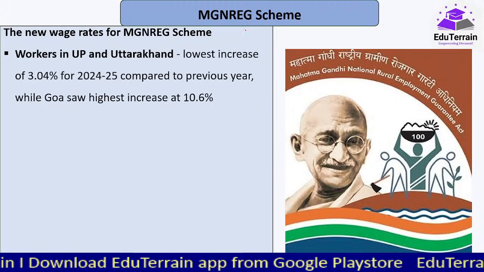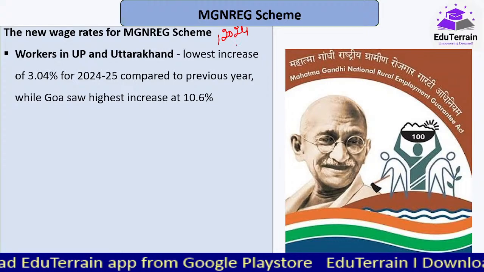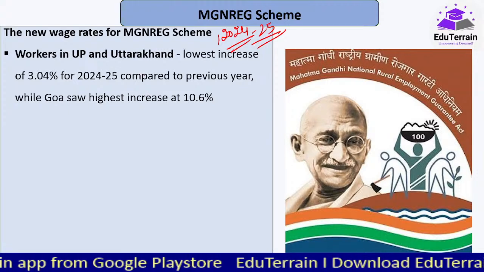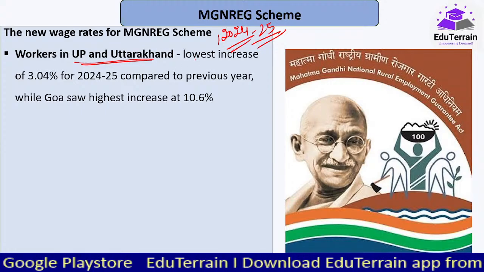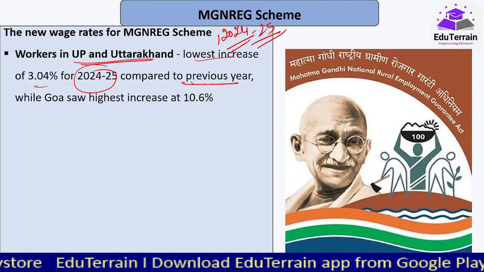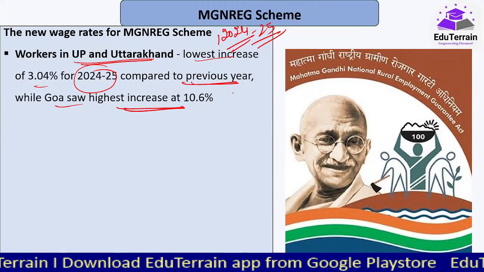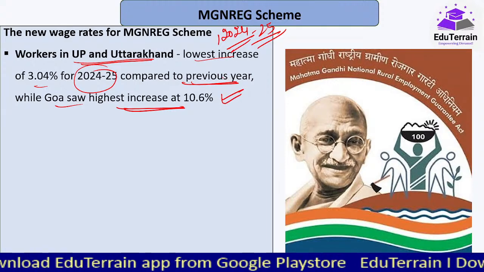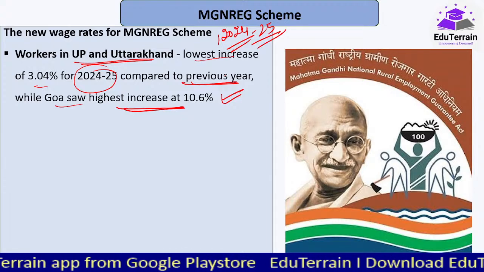Okay, now when we talk about the new wage rates that have been released very recently for the year 2024-25, as per the data that has been released, workers in UP and Uttarakhand have seen the lowest increase for 2024-25 compared to the previous year, while Goa is the state that has seen the highest increase at 10.6% over the previous year. जो last year के rates है उसके basis पे they will add 4 to 10% के base range